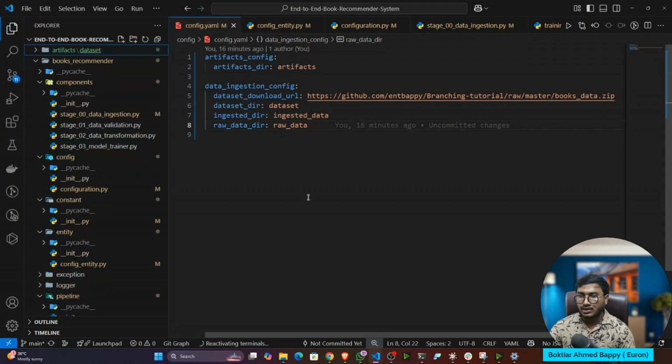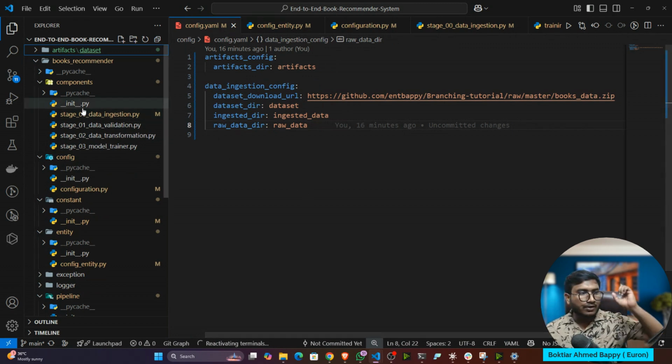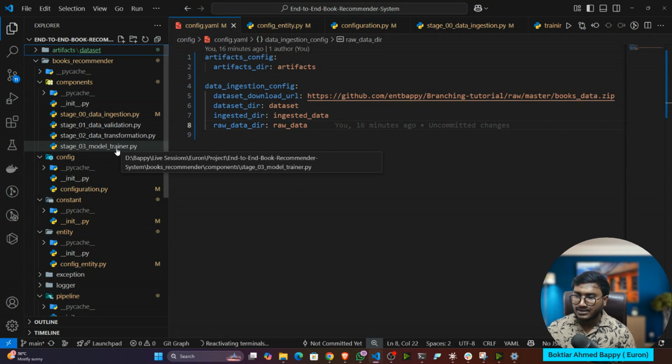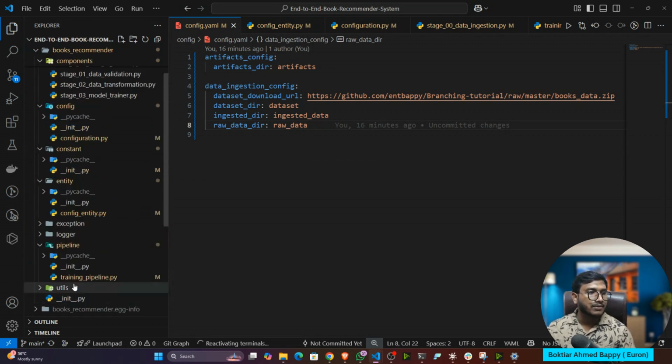Tell me, guys, did you get the connection between all the files one by one? Let me know. And this is the approach we'll be using for all the components: data validation, transformation, model trainer. And please try to check from your end and execute in your system. Definitely everything would be clear. And this is called machine learning pipeline. Okay, machine learning pipeline.